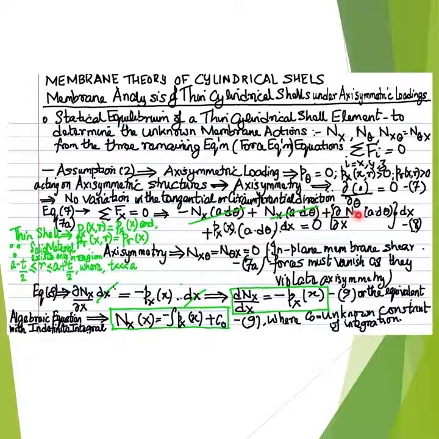The substitution of the mathematical conditions represented by equation number 7 based on the assumption number 2 of axisymmetry into the statical force equilibrium equation for the differential thin cylindrical shell element results in a simple ordinary first order differential equation that is represented by equation number 9